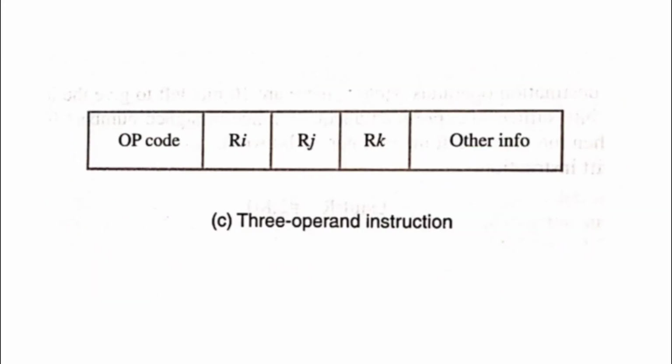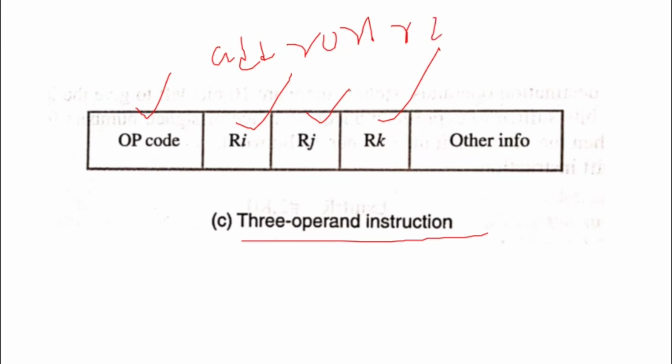Here one more format of encoding is, in this example, 3 operand instructions. So this time we have to store the opcode, which operation has to be done, and details of all 3 operands. We know that an instruction may have 1 operand, 2 operands, 3 operands, or no operands at all. So what if there is a 3 operand instruction? 2 source operands, 1 destination operand. For example, adding, I'll add R0, R1 and store it in R2. So this kind of instruction is supported by some processors. So that time we have to store details of all 3 operands and operand values.